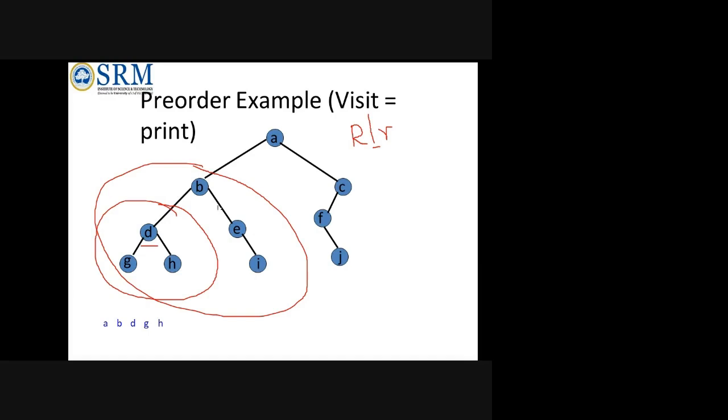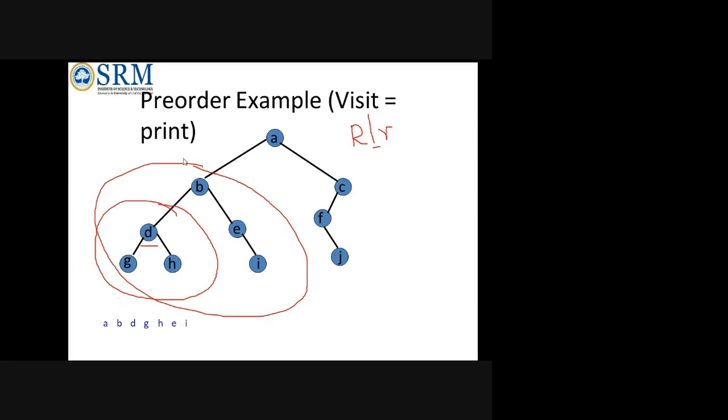When I come to the right part, it will see E. Now it will print the E also, because it will act as the parent node and right node, and it will check whether E has left and right. No left for E. So after E is printed, it will print the I. I will be printed now because it has no left.